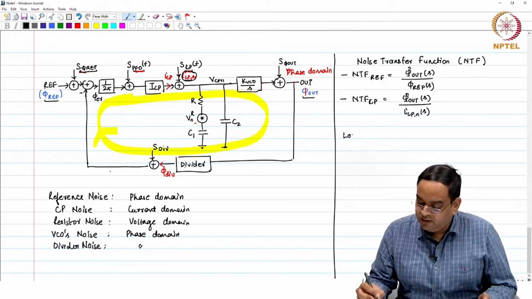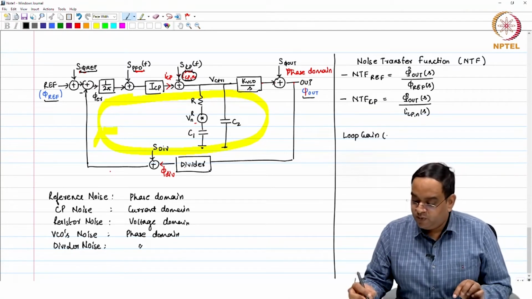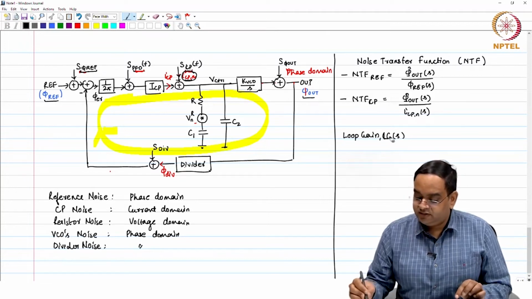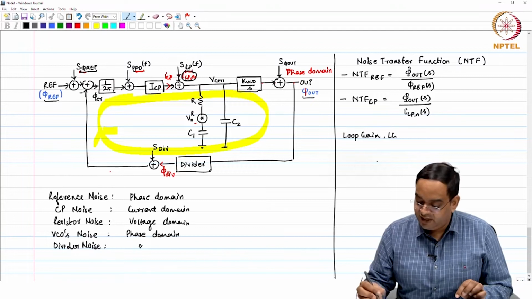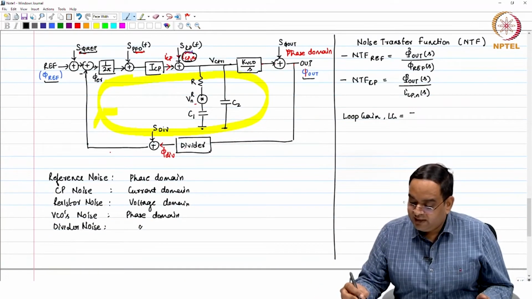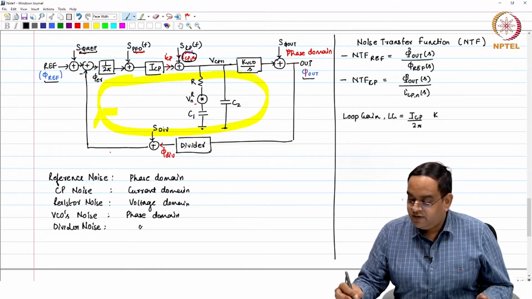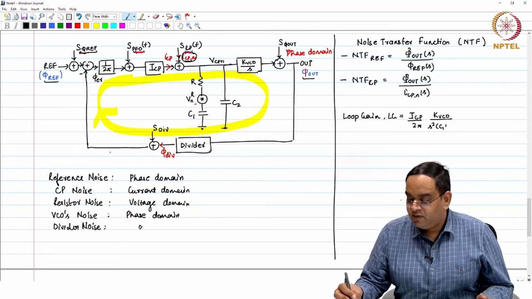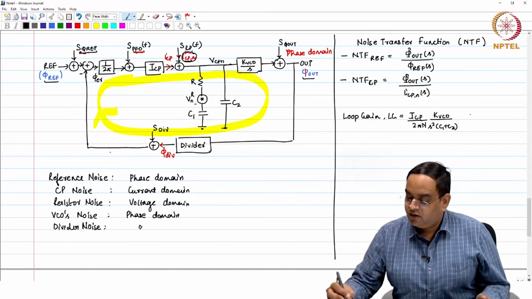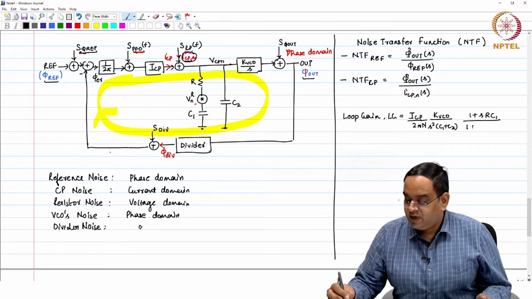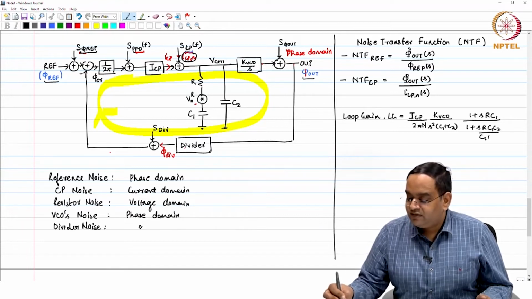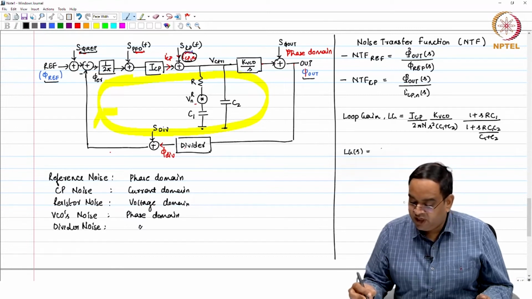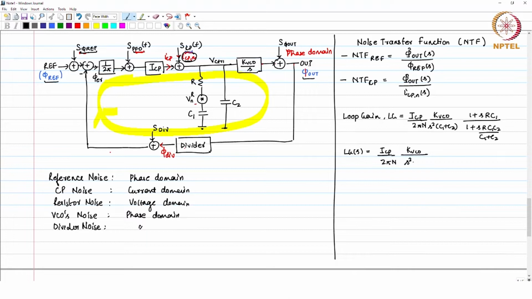So, the loop gain of the PLL loop, which is Lg of S, I will write like this: equal to ICP by 2 pi n KVCO over S square (C1 plus C2) times (1 plus SR C1) divided by (1 plus SR C1 C2 by (C1 plus C2)), which is often written as Lg of S equals ICP by 2 pi n KVCO divided by S square (C1 plus C2) times (1 plus S by omega z) divided by (1 plus S by omega